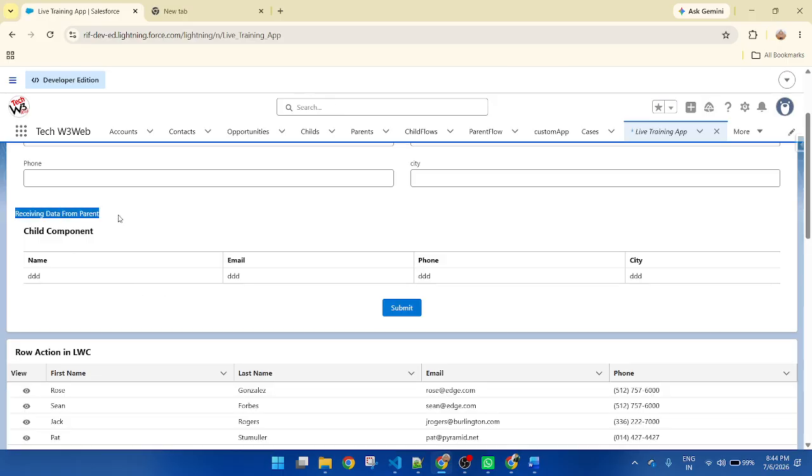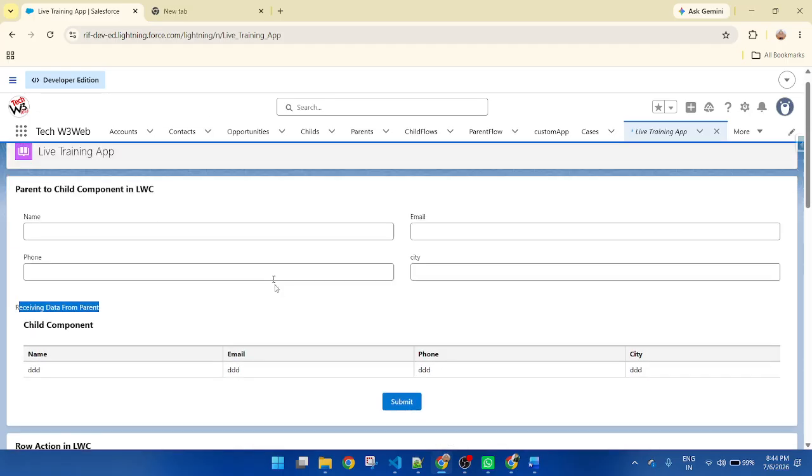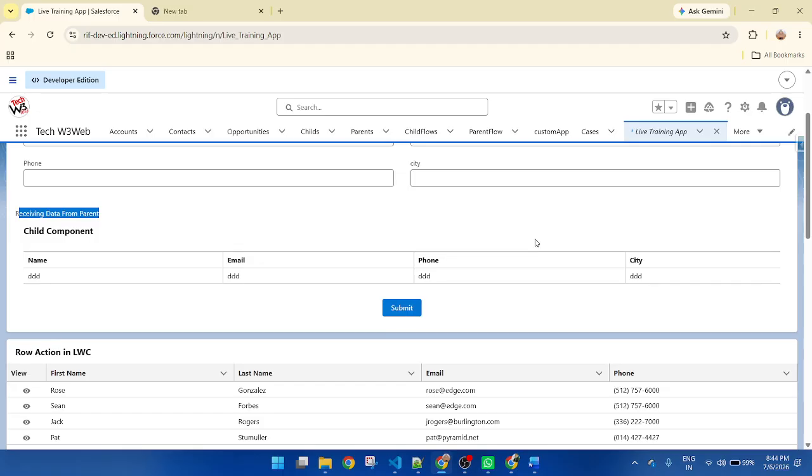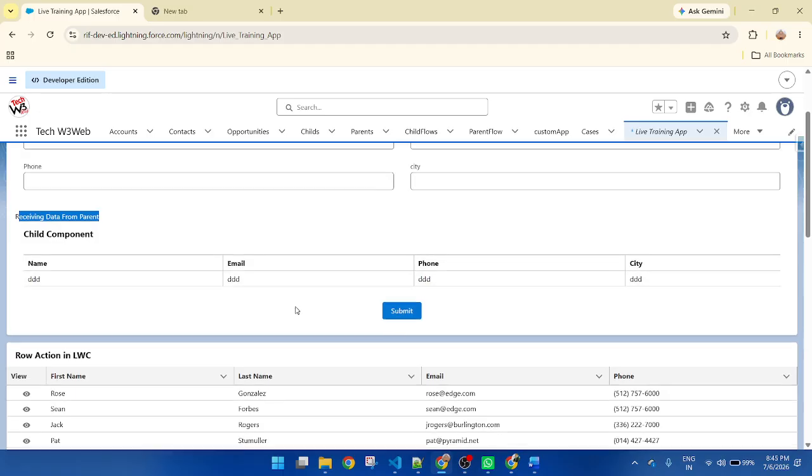Okay, so this is the receiving data. I will pass data from the parent component to the child component and the value will display inside that table.